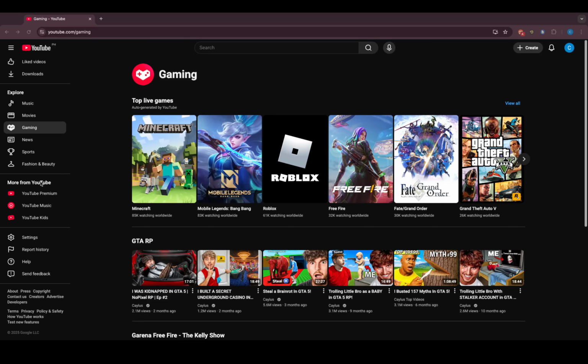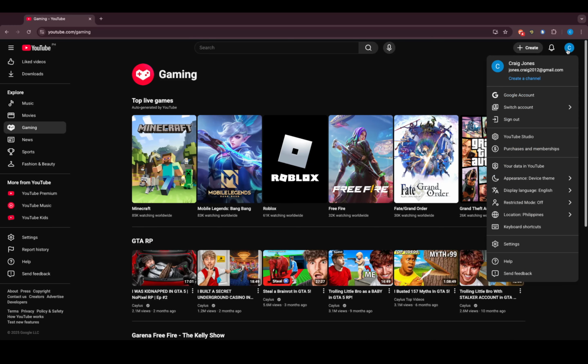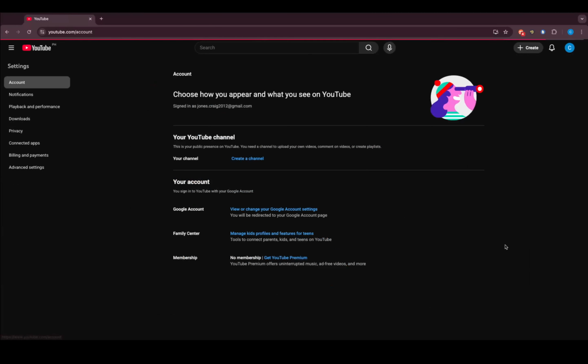Start by opening YouTube and signing in to the parent or guardian account that manages your family settings. Look to the top right and click your profile picture. Then click the gear icon labeled Settings. If you're on mobile, tap your profile picture first, then find Settings in the menu. If you don't see Settings, make sure the app is up to date and that you're signed in with the